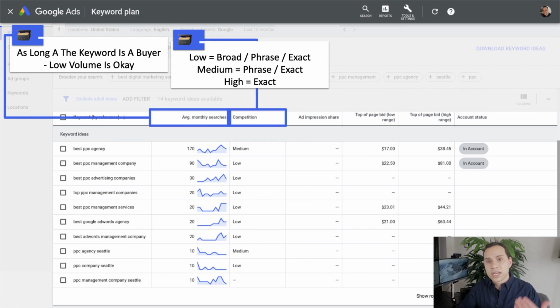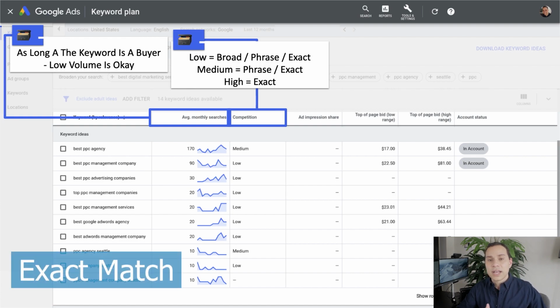That's all right. So here's a quick way to stretch your budget a little further and make sure that you're not wasting any ad dollars. If you're seeing the competition is high, when you're adding keywords to your plan, go ahead and add them as exact match. That will ensure that you're telling Google, hey, unless someone types in this exact phrase, this exact way, don't show my ad. So you're going to get a lot less traffic when you add keywords that way, but you're going to make sure that you're only targeting that specific phrase and you're not going to get any of the fluff or waste.